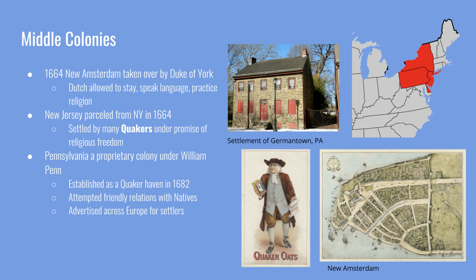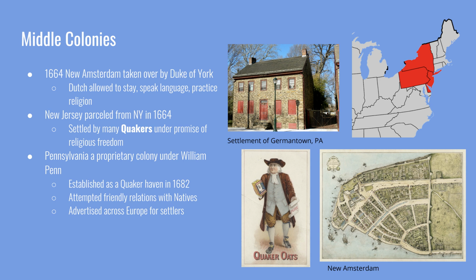When he arrives in Pennsylvania, despite already having been granted that land by the king, he trades with Native Americans in that area so that they can settle there without any problems. He advertises across Europe for settlers. He gives very generous land grants to the people who are willing to move to Pennsylvania, and because of this,